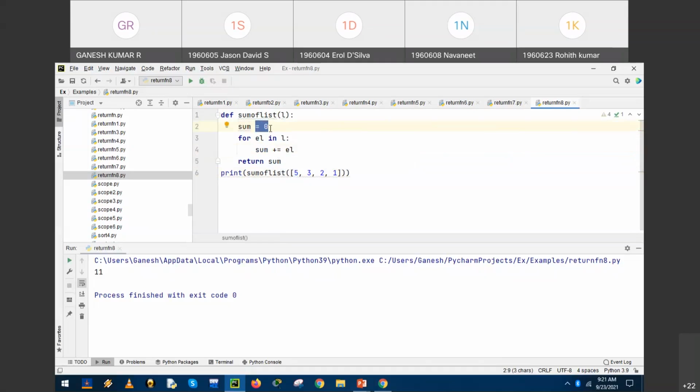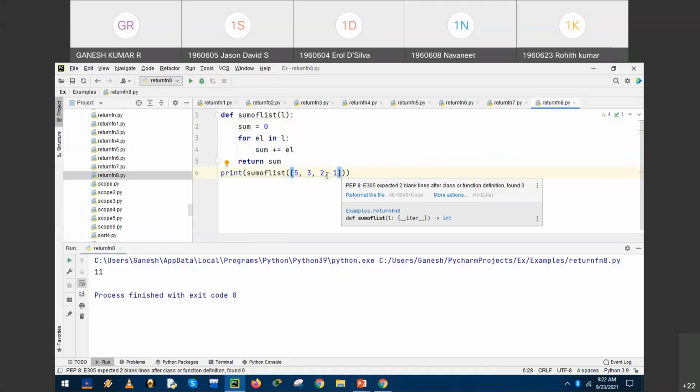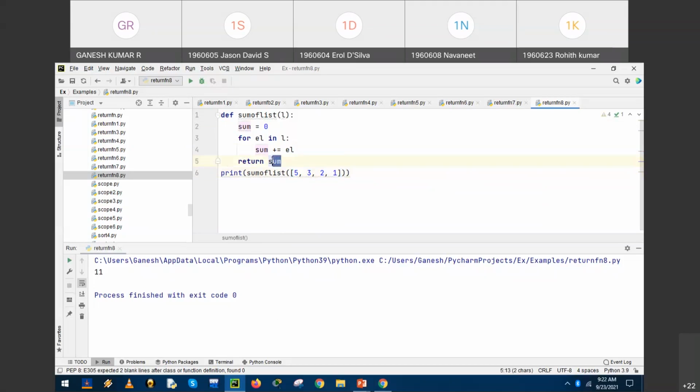So in the first iteration, 0 plus EL, the first value of EL in L, 0 plus 5, return. The second value, 5 plus 3, return to sum, it is assigned. Okay, 8 plus 2, 10, 10 plus 1, 11. So when the end of the arguments is reached, the return statement stops the execution and jumps out of the function.